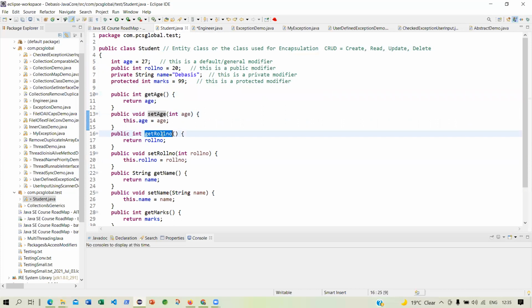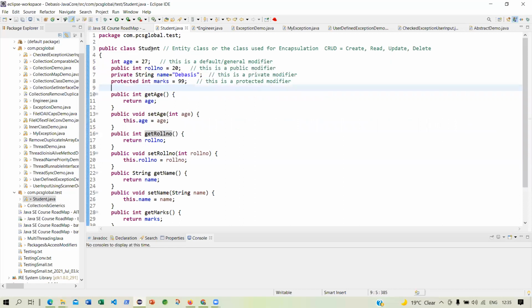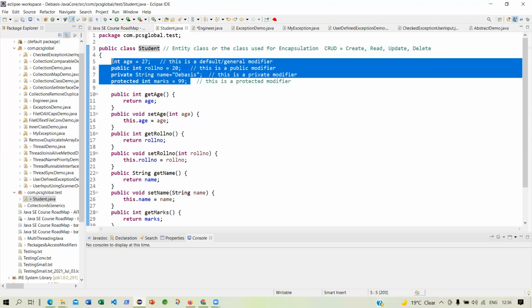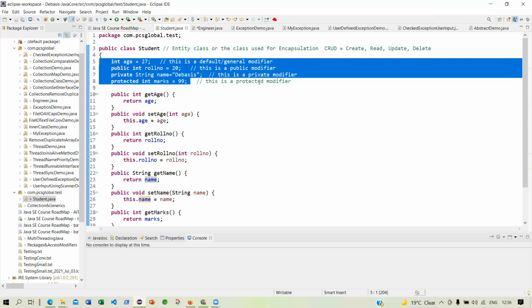and setters. These are all embedded or encapsulated data. It is not ordinary data, because this data actually lies within the student entity, and the student entity maps it with the table with the same field names. So this is an entity class with encapsulation of the data. This is not an ordinary data and not an instance variable. Though these are blue in color, that's fine, but these are encapsulated data and not ordinary data.